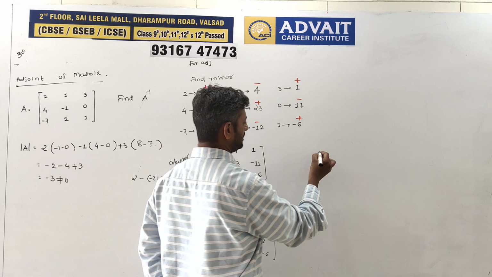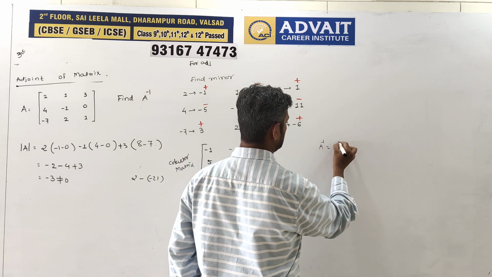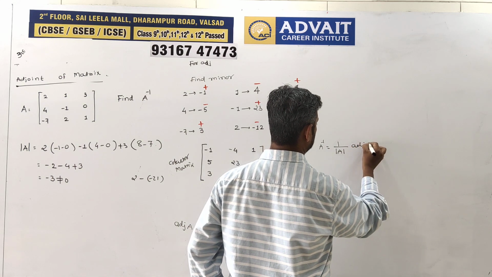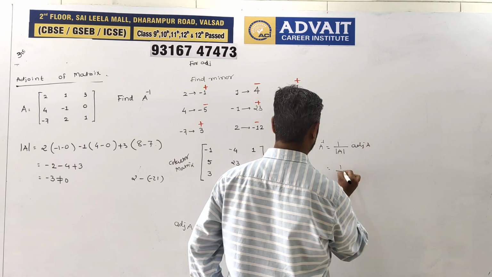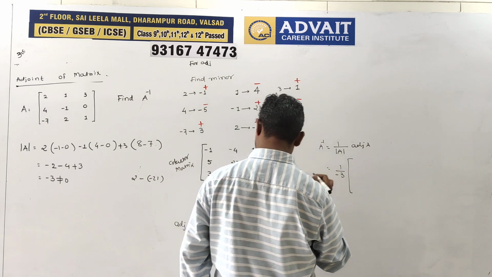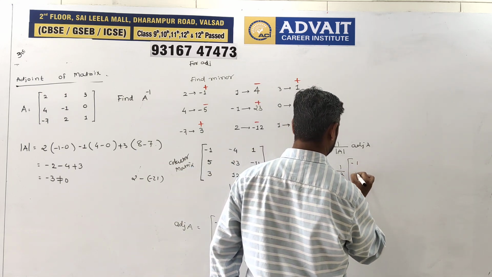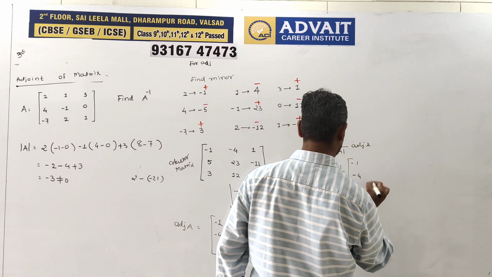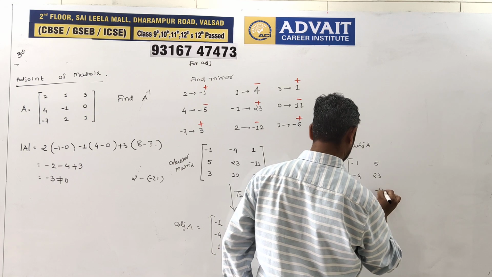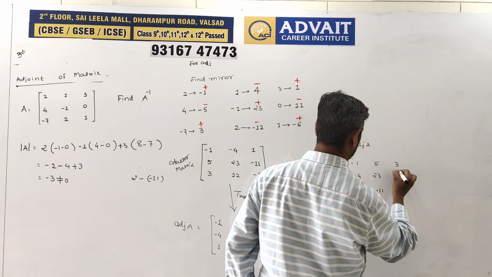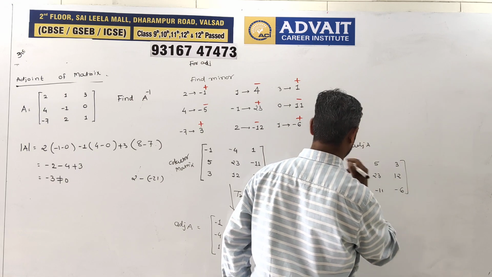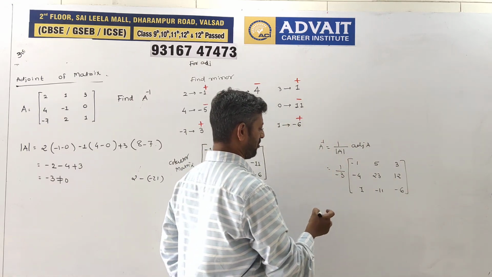And your A inverse is 1 upon the determinant value of A into adjoint of A. The determinant value is minus 3 and your adjoint is minus 1, minus 4, 1, 5, 23, minus 11, 3, 12 and minus 6. Okay, now the final answer is